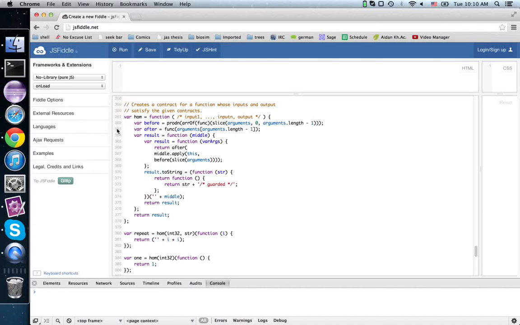Last time we looked at the HOM functor, which takes a bunch of contracts and produces a contract. The contracts it takes describe the inputs and output of a guarded function. This contract here, result, expects a function and then wraps these contracts around it. Before is the contracts for the input, after is the contracts for the output,